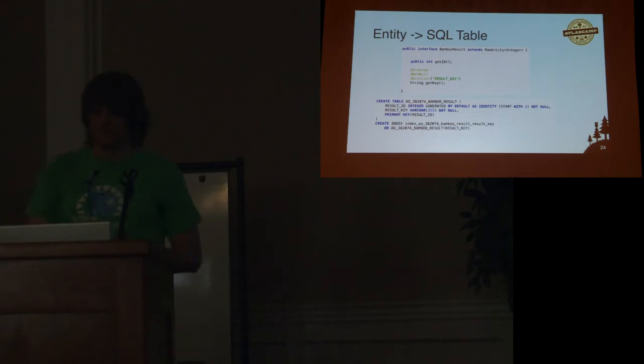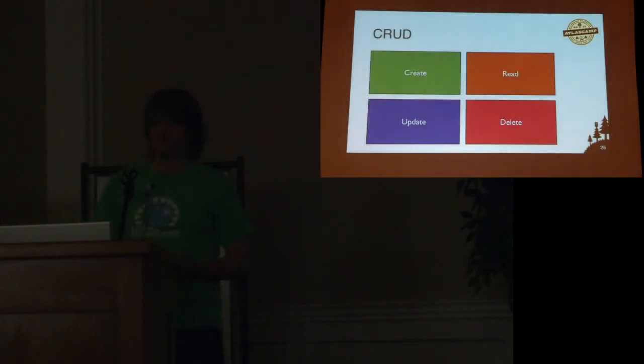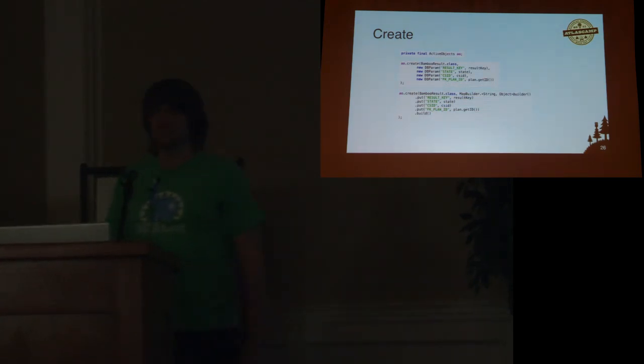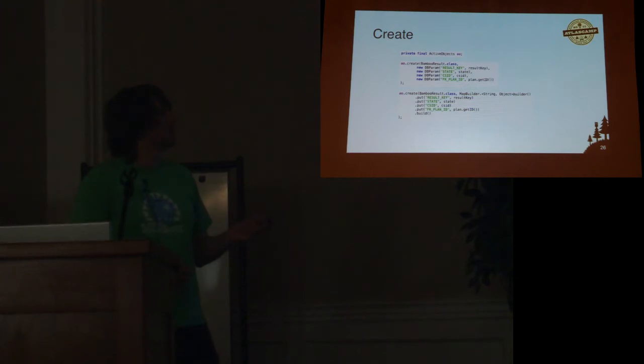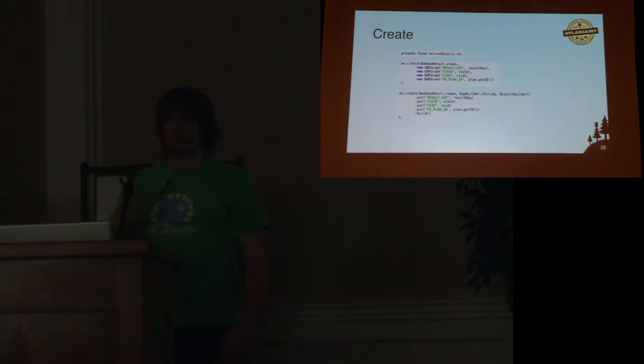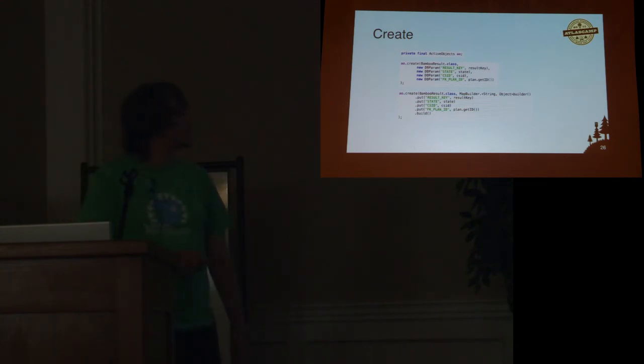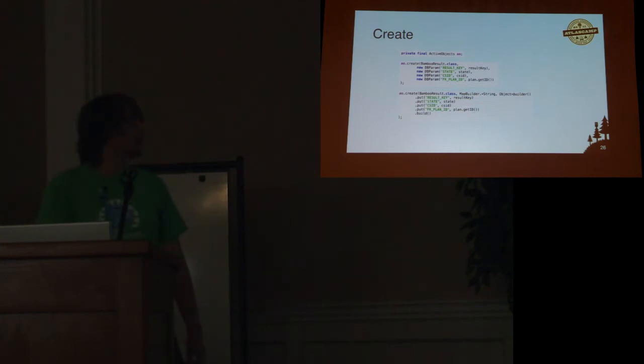So now that we've defined our entity, how do we interact with it? The first thing I needed to do was to be able to create things in the database. And this is how we do it, and it has two different flavors. You have access to this ActiveObjects service. This is provided to your plugin, and you can inject it into your servlet or your component. And you can use this to interact with the database. So ao.create, this method will do an insert statement into your database. And you can pass in a vararg of DBParams, or you can pass in a map. I've just got a map builder there. And you can see that I'm passing in all the values that are required for this column